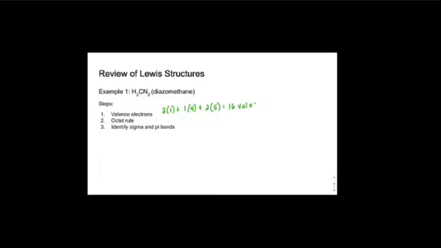And we want to keep in mind that carbon and nitrogen, anyway, are going to follow strictly the octet rule, which means that there should be 8 electrons total surrounding those atoms. Hydrogen doesn't have to follow that rule because it can only accommodate a total of 2 electrons around it. And so we just start drawing a structure